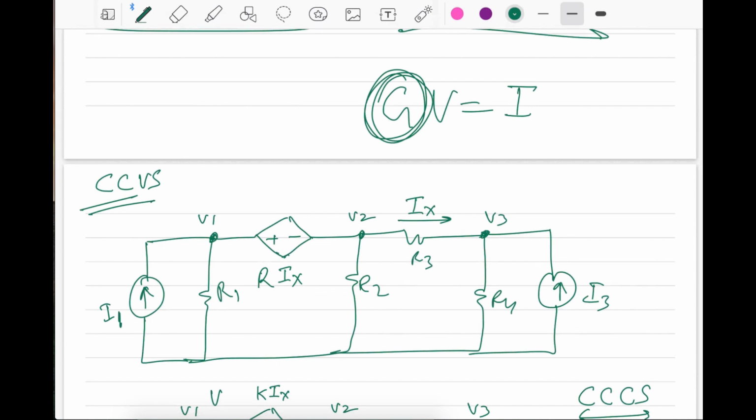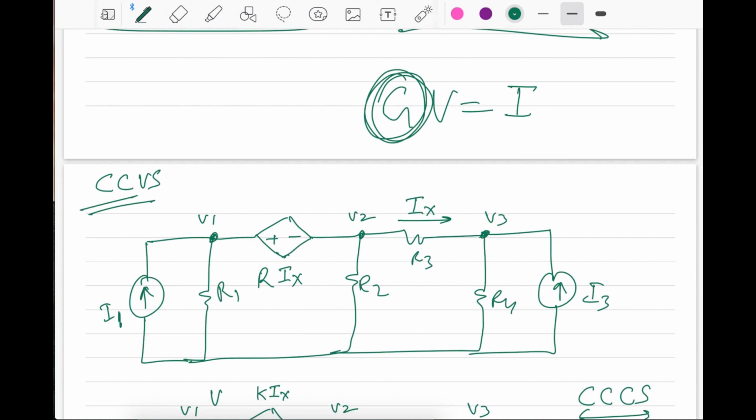Sir, how can we check that the derived matrix is correct or not? How can you check whether the matrix G you are obtaining is correct or not? So there is no verification for that. You have to solve yourself and see whether the answers are coming, because you can get multiple matrices, right? It depends on whether you have done it correctly or not. Based on whether you have done this nodal analysis properly, only then can you understand whether it's correct or not.